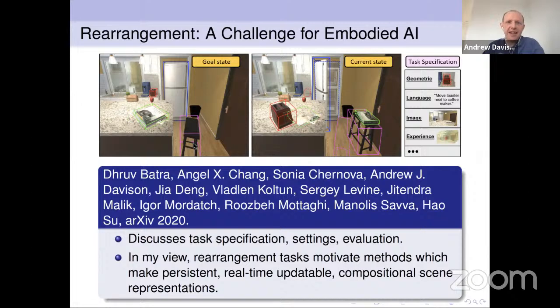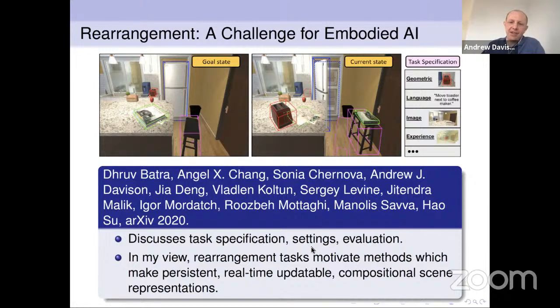So that could be in some very raw way, such as giving it a list of the objects and the coordinates you want them to get to. Or it could be maybe a weaker way. You could show it a picture of the scene in a tidy state. Or maybe you could even let it just experience the world in the tidy state. So spend some time in the tidy room, build its own representation of what a tidy room is like, and then you put it into the untidy room, and its goal is to take that back to the tidy state.